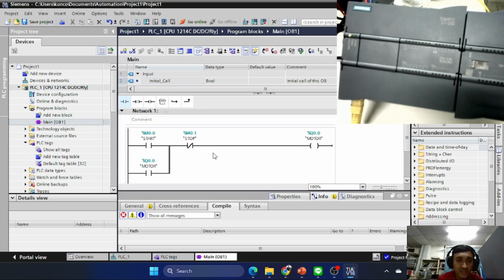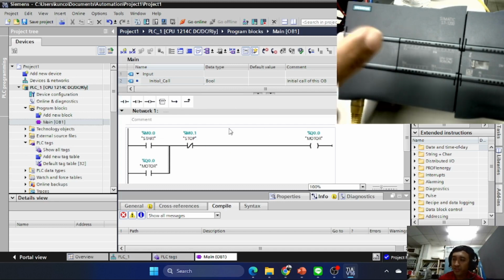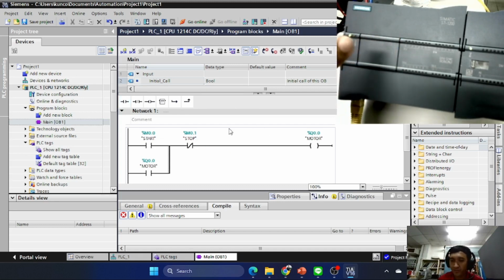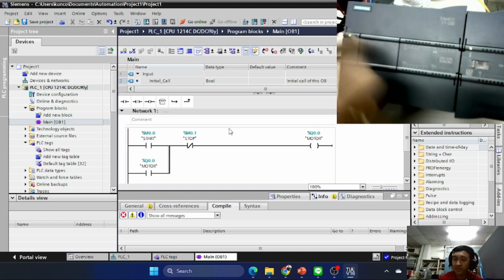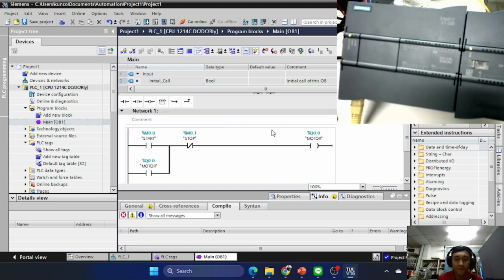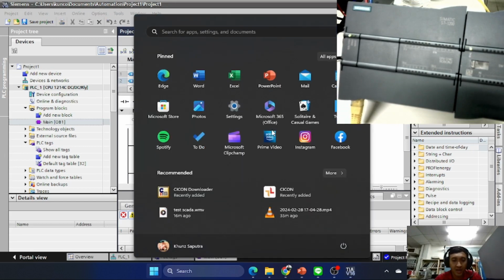Now we need to make a connection between the computer and the PLC. We should make a connection to the Siemens, so we can set our IP.